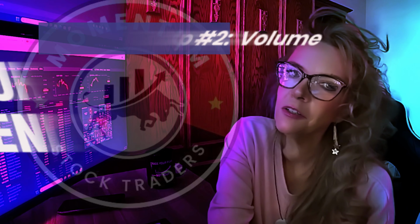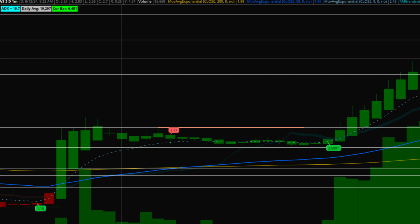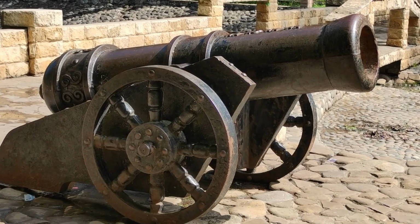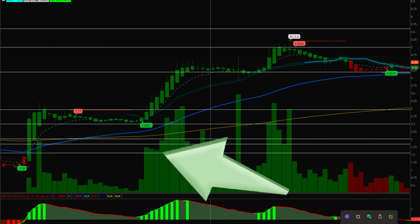Tip number 2, volume is the sidekick that you never knew you needed. When a stock breaks out, you want to see a spike in volume. If the breakout happens with low volume, it's like trying to celebrate with a confetti cannon that's out of confetti. There's no real excitement. High volume confirms that others are seeing the same thing that you are seeing, making it